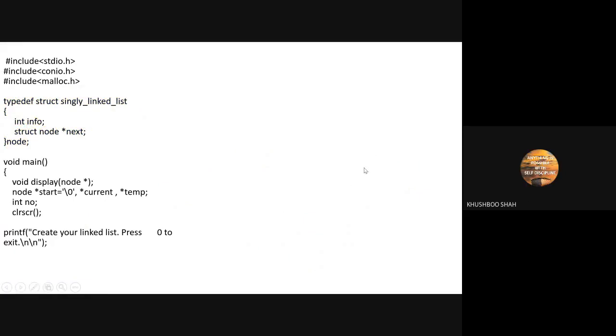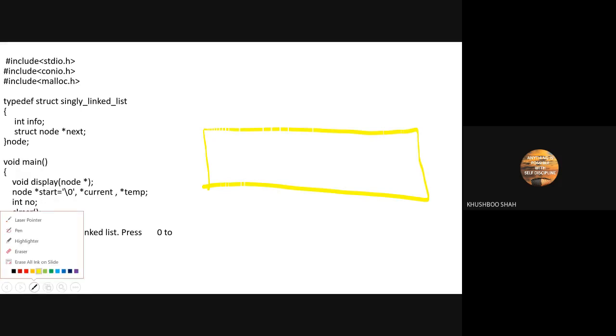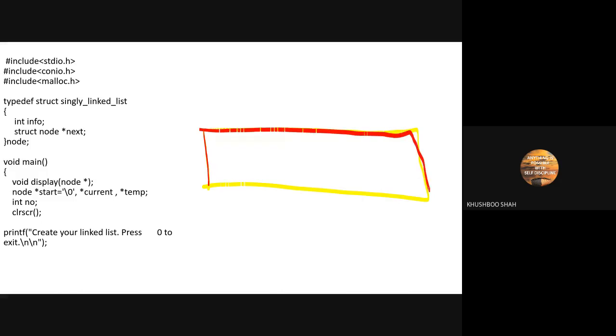So it means what? Inside the memory, whenever I create a structure for it, let's say this is the structure and the name of this structure is singly linked list.